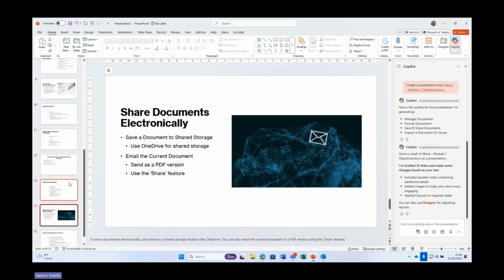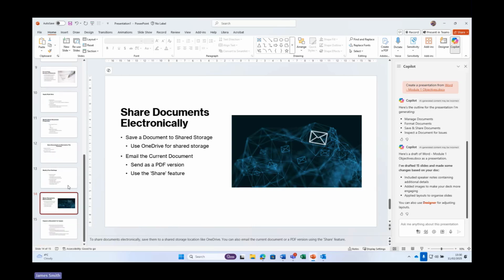But as you can see, it's 15 slides. I might decide, actually, I only want 10 slides. Again, I could go back and I can ask it, actually, can you make this 10 slides instead of 15? Or I could have told it right at the outset, create me a 10 slide presentation based on this document. Okay,